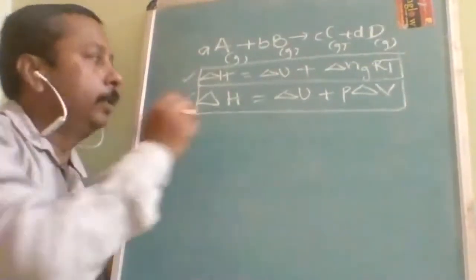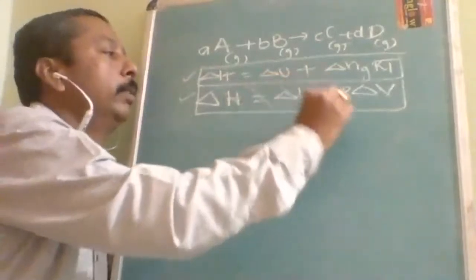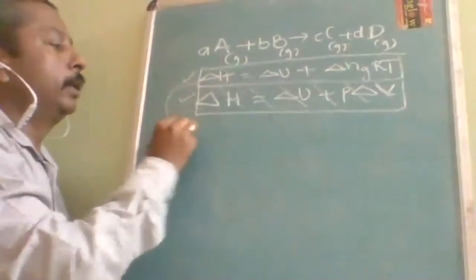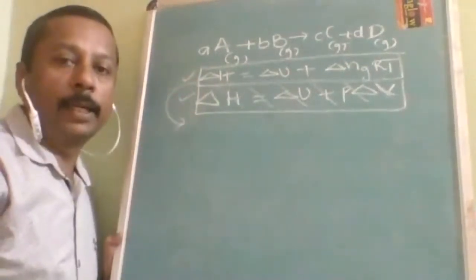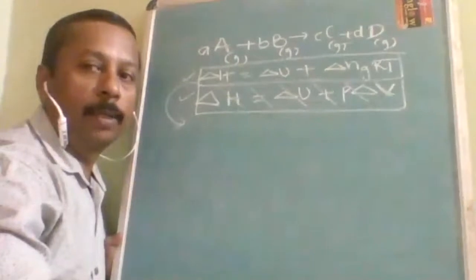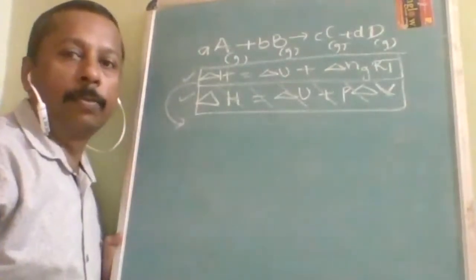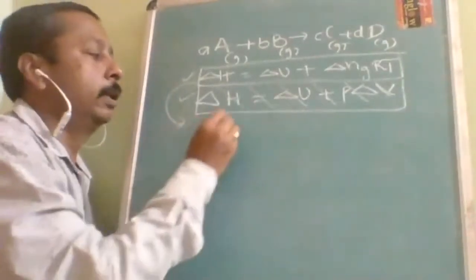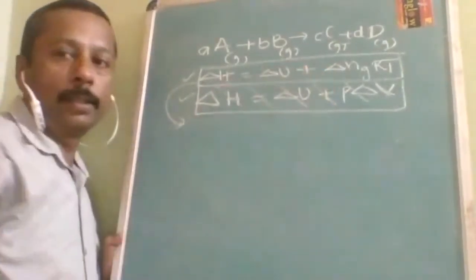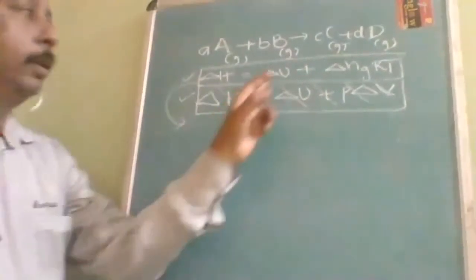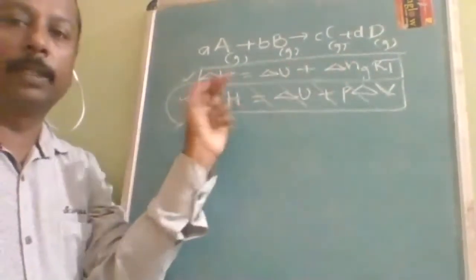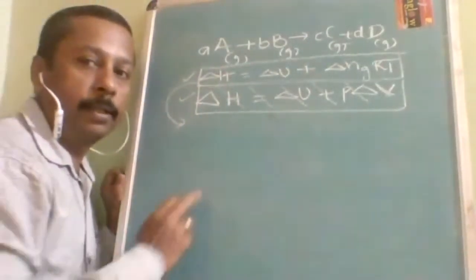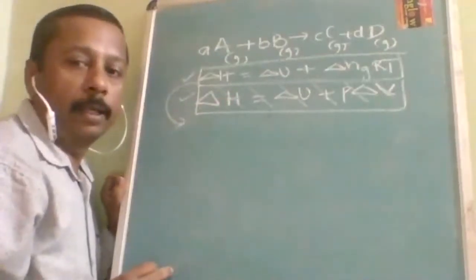Understood? Now, for the time being, we will do this formula through numericals. Now we are going to use some comparison between delta H and delta U. From this formula, delta H appears to be always greater than delta U, as there is a plus. On adding something, we get this one. So from this formula, we get the impression that delta H will always be greater than delta U.